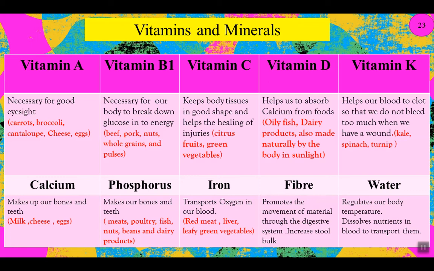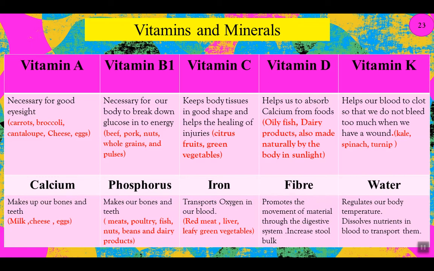Vitamin B1 is necessary for our body to break down glucose into energy. Beef, pork, nuts, whole grains and pulses contain vitamin B. Vitamin C keeps body tissues in good shape and it helps the healing of injuries. Most citrus fruits and green vegetables contain vitamin C. Vitamin D helps us to absorb calcium from our food. Oily fish, dairy products